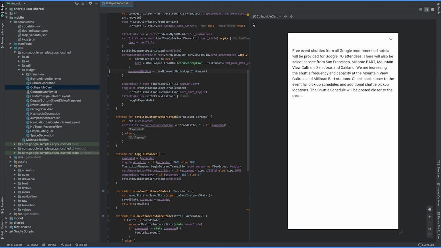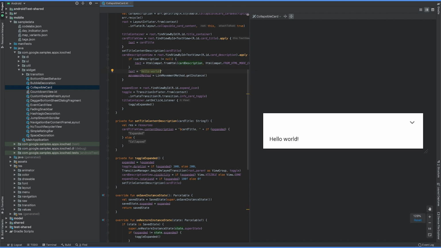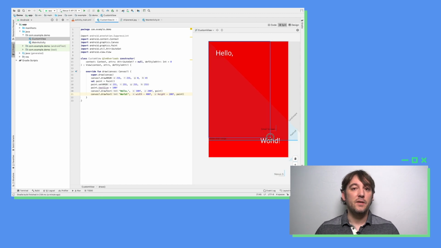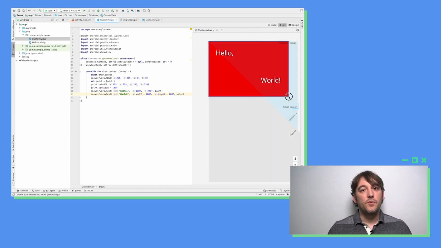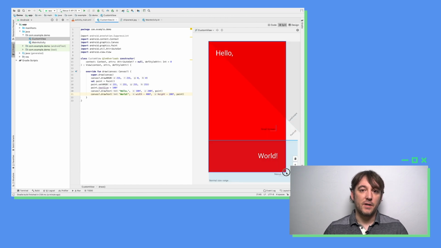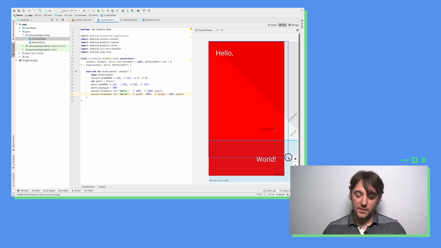So in Android Studio 4.1, we are bringing a live custom view preview directly in your code editor. And let me show you a little bit. What I mean by live is that everything works. You can even resize your component. If you compile the code, you'll see the changes being reflected directly. So it's a very, very useful tool when you are developing custom components.